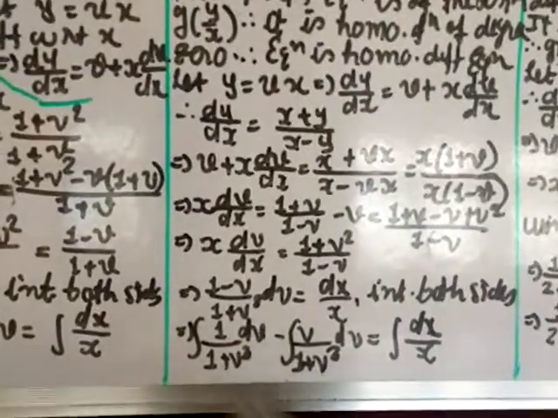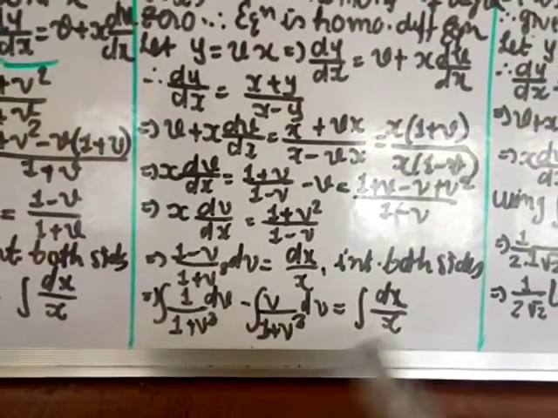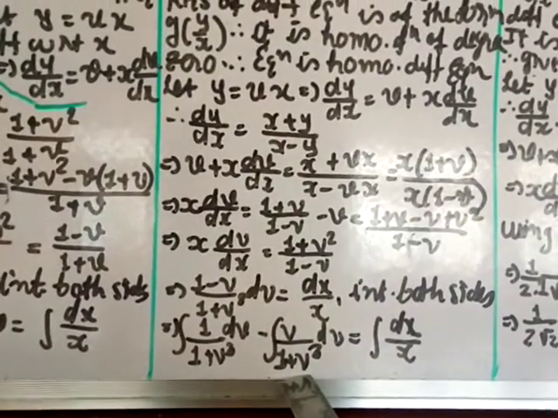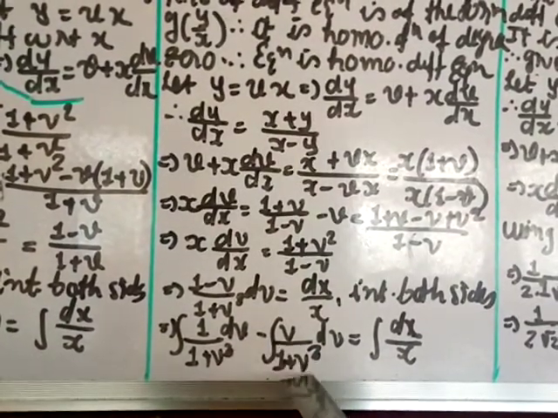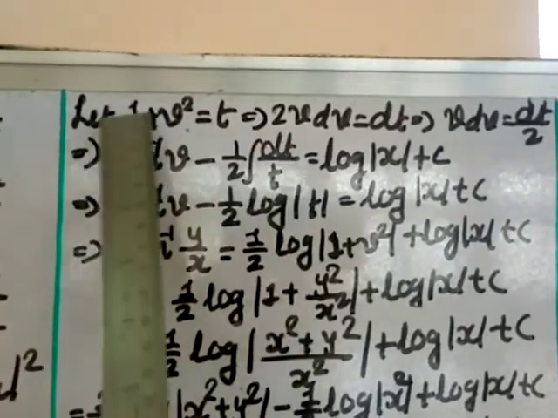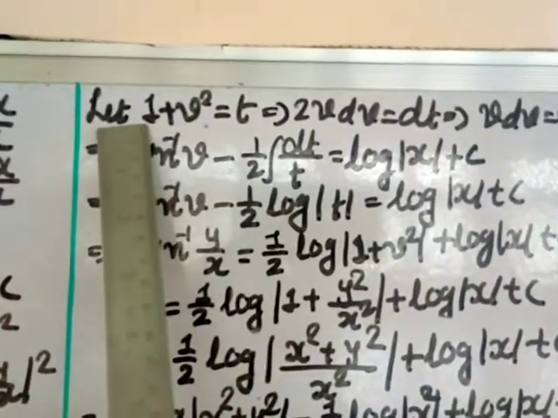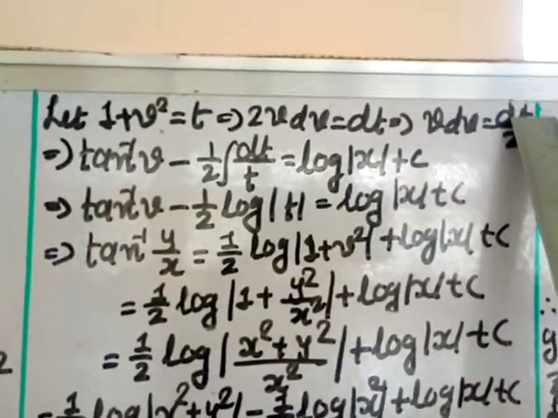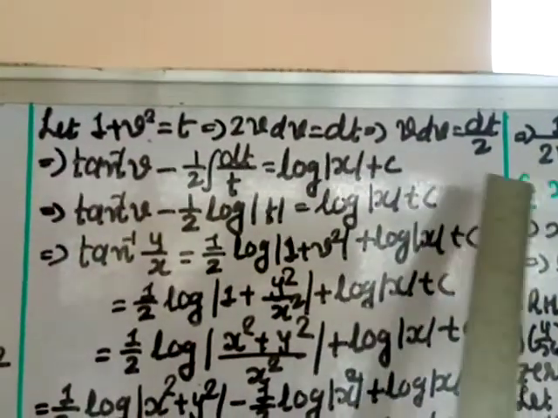Now for the middle part, this one, the first is a direct formula integral. For this one you have to use the substitution method. You take 1 plus v square as t. Why? Because here v is there, here v square is there, the power difference is 1, so you can take the higher one as t. So let 1 plus v square equal to t. Differentiate: v square gives 2v and 1 gives 0, so 2v dv is equal to dt. 2 you don't require, so you transfer it to the other side and get v dv is equal to dt by 2.